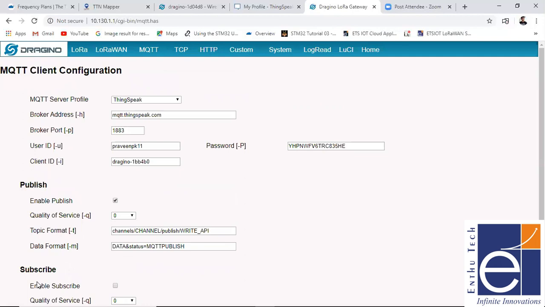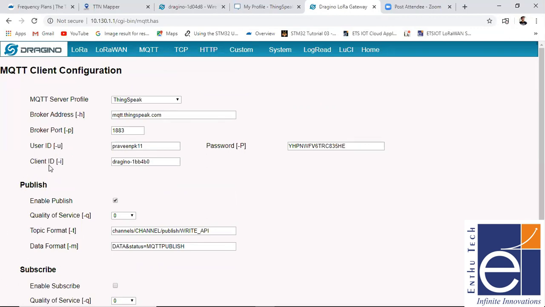Okay. So after clicking Save and Apply, we have configured the gateway towards your MQTT, but we still haven't given any channel information, like what your node ID is, what your API key is and what your channel ID is. So these data we need to give. Then only it can access the data. It takes the data, accesses your page and puts the data there.